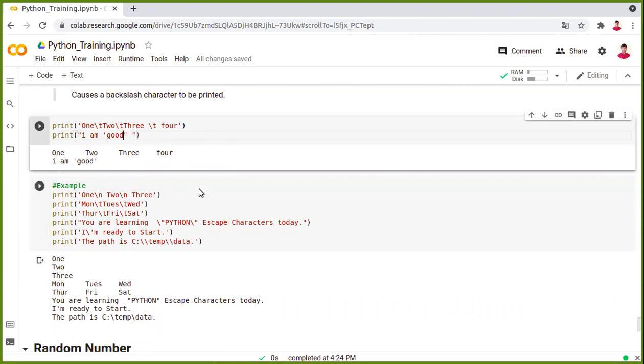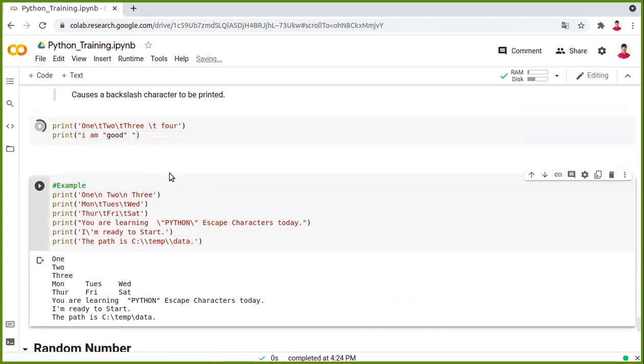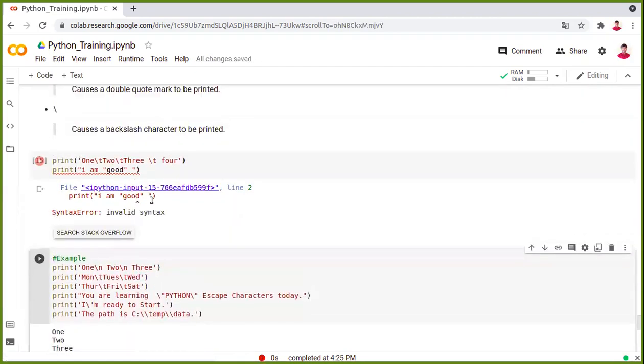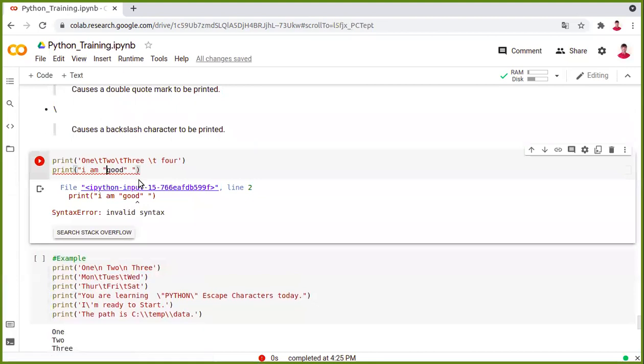But if I use double quotation, what happens? It is giving me an invalid syntax. So here I am interested to print this good, especially this good in double quotations, but the following program is giving me an error. So in order to avoid such errors, what we are doing is we are using a \"